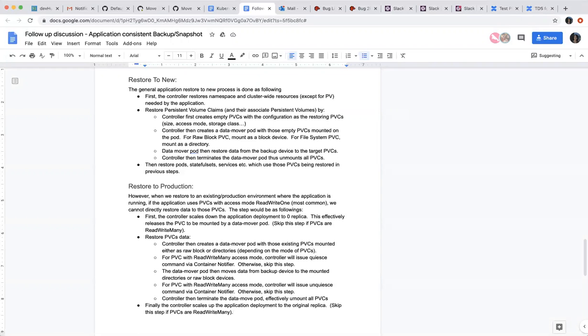Because this data mover is the only part that accesses this PVC, we can write data to it, and we take the data from the backup device and write to it either as a raw block device or a mounted directory, depending on the type of PVC. After that, we will delete this data mover, then scale back the application to the previous number of replicas that it had before we scaled it down. So these are the steps that need to be done for the